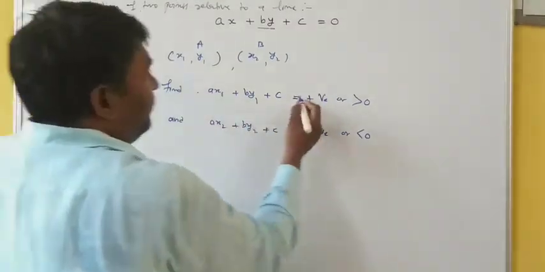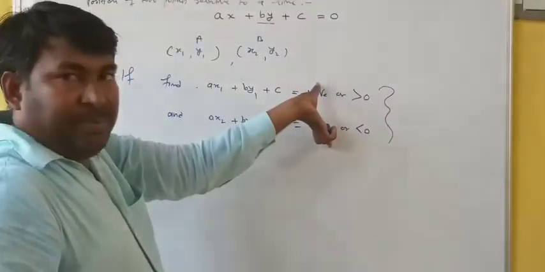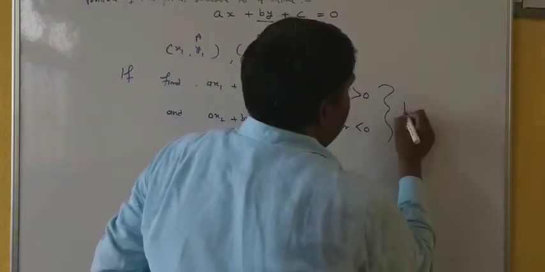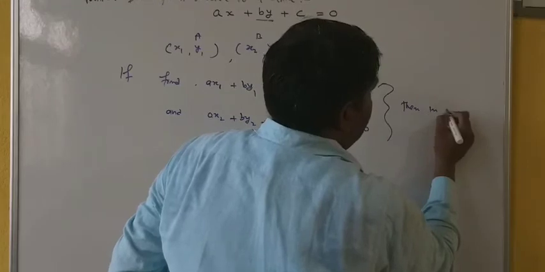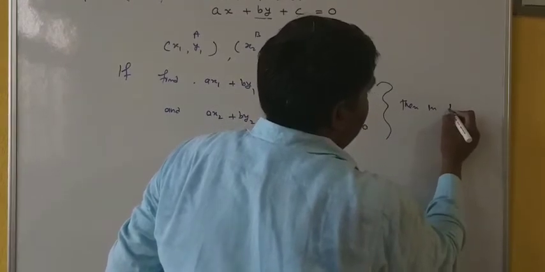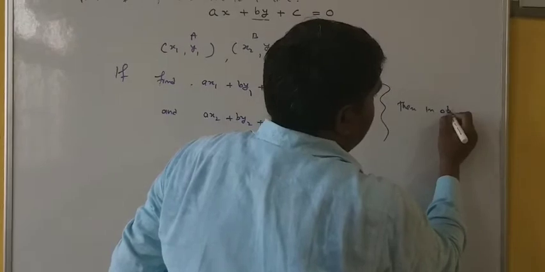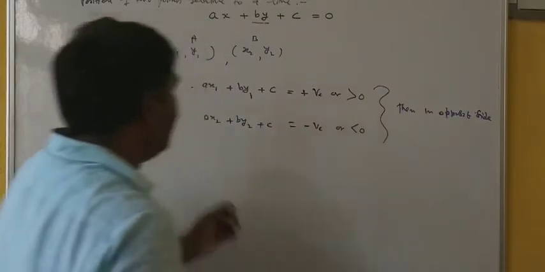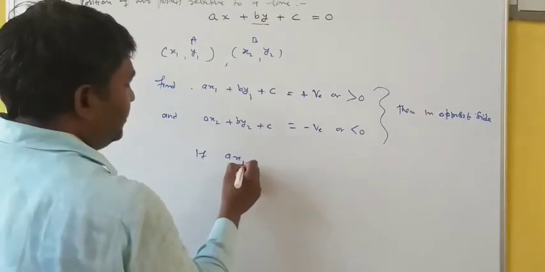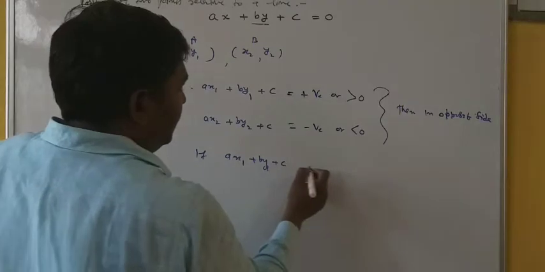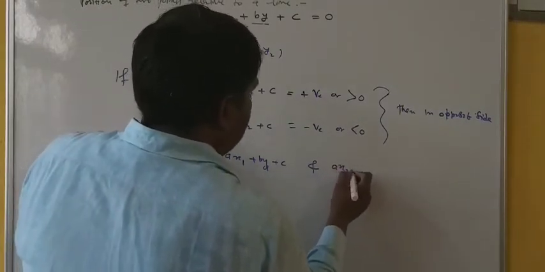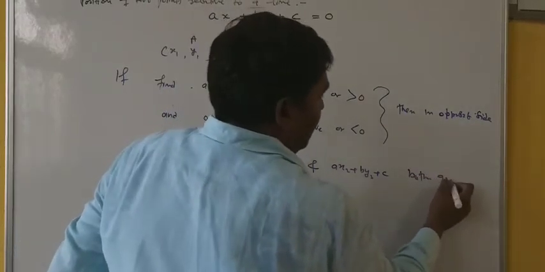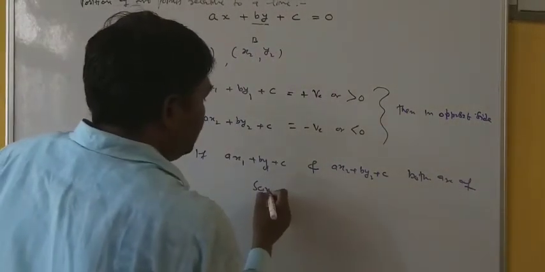So if you are getting such a condition, where both are of opposite sign, then the points lie on different sides, or opposite sides, of the line. But if ax1 plus by1 plus c and ax2 plus by2 plus c are both of the same sign,